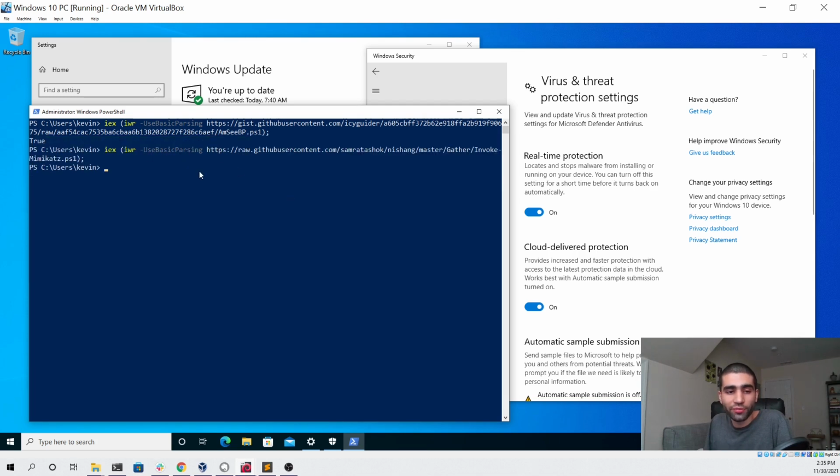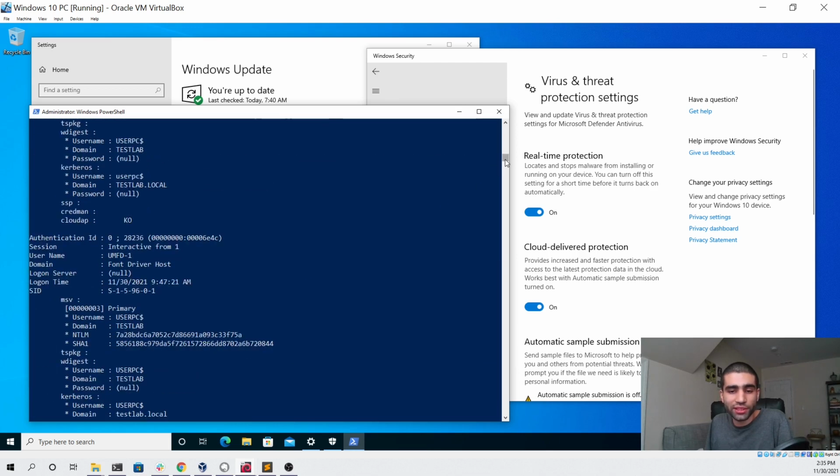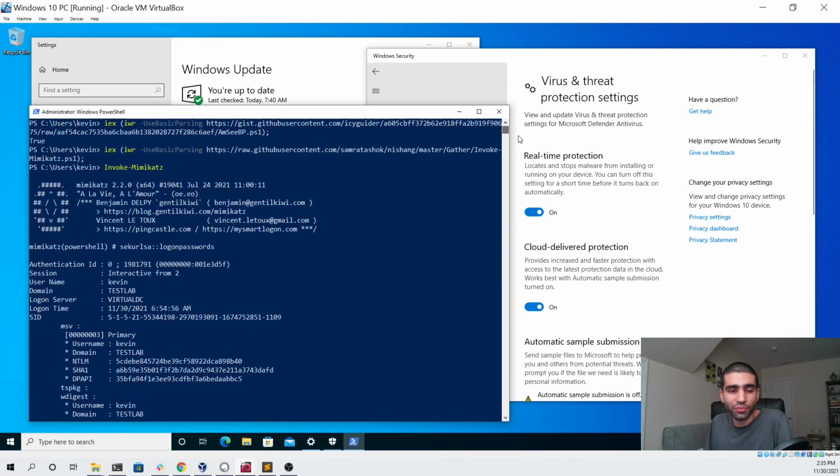And now that we have the script in memory, we can execute it using the Invoke-Mimikatz command, and then hit enter. And after a few seconds, we should see the output of Mimikatz and see that it was able to successfully run without being detected by the antivirus and show us the hashes of the users currently logged into